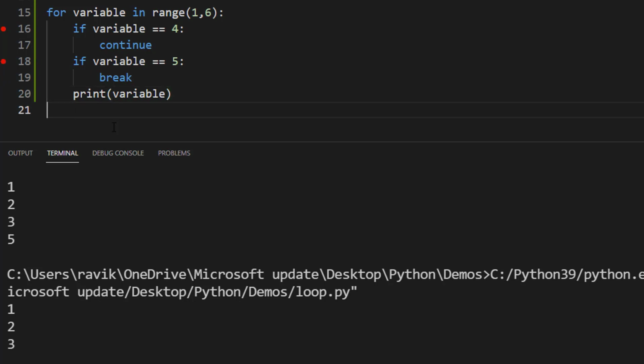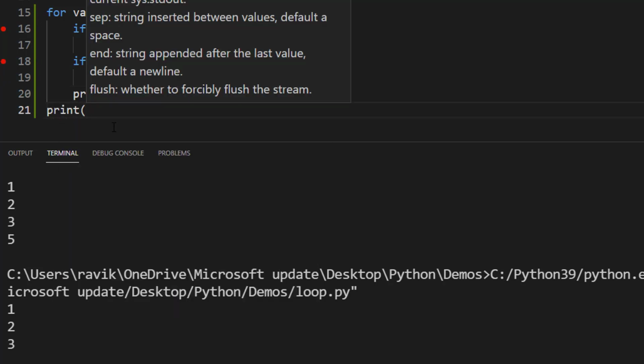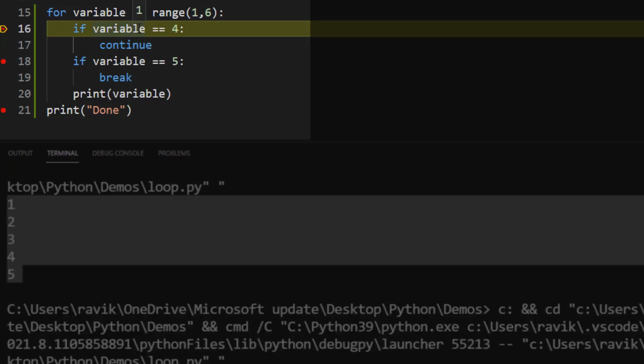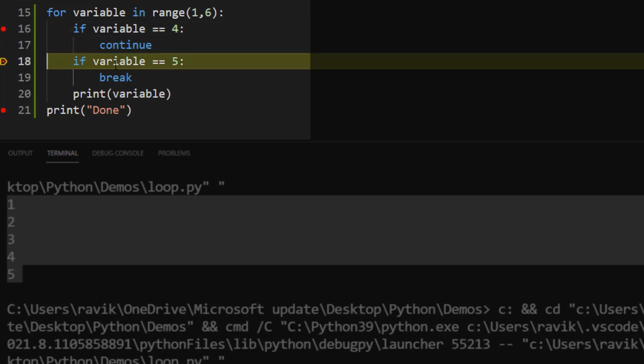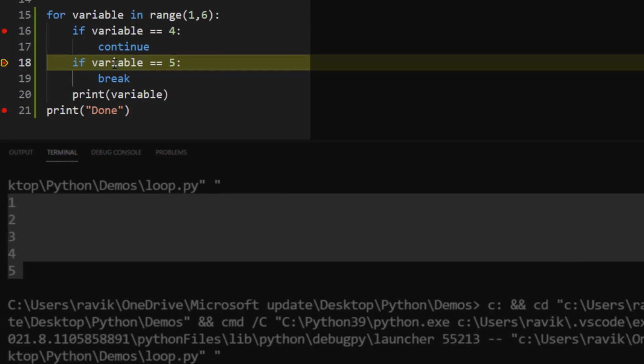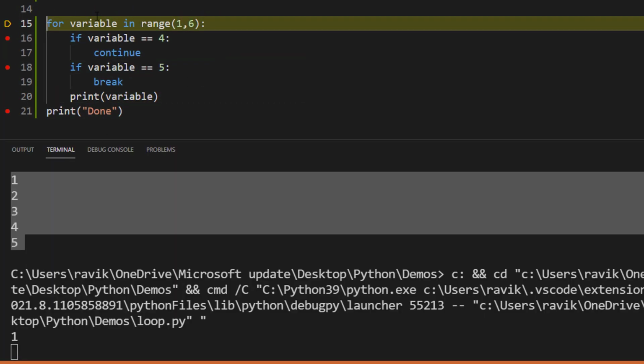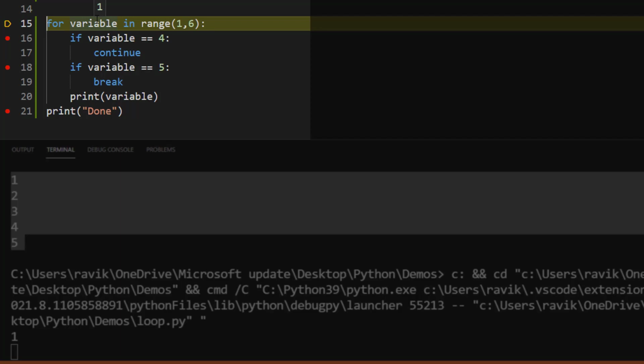So let's put one more statement over here. Let's say done. Here in the first case the value of the variable is 1. The condition is false, so it goes to the next statement, the condition is again false, so it will go and print out the value. Next time control flows again to the beginning of the loop.